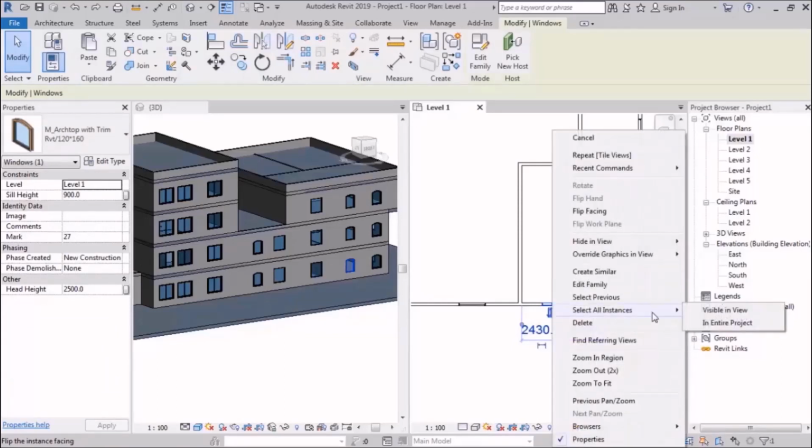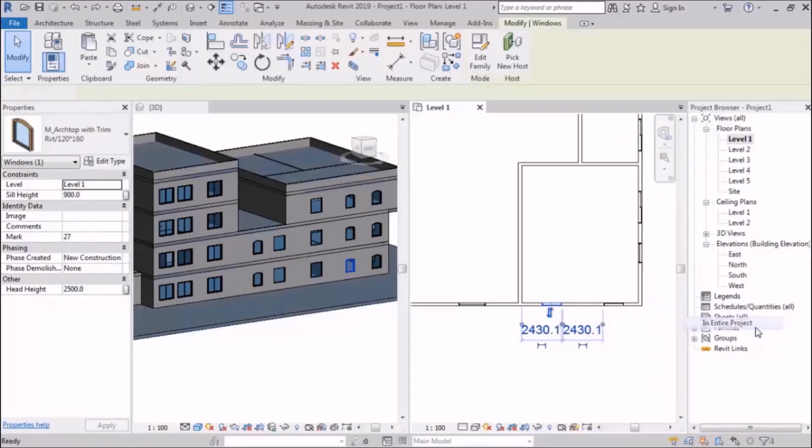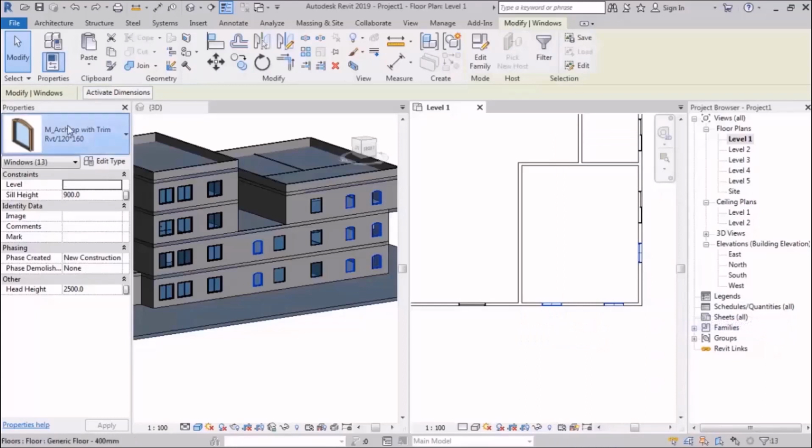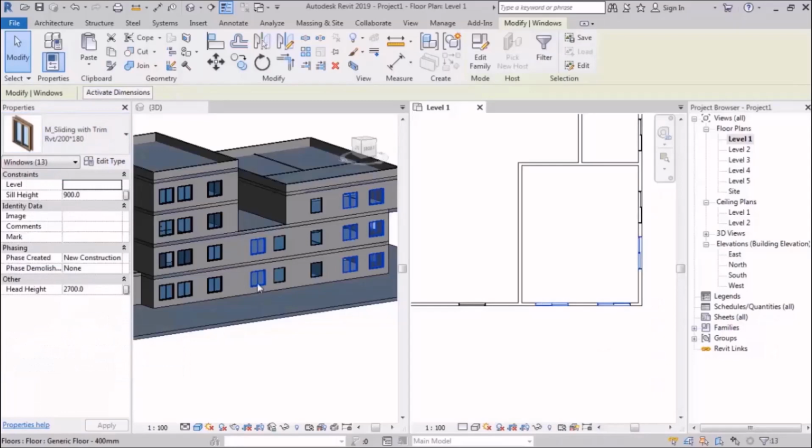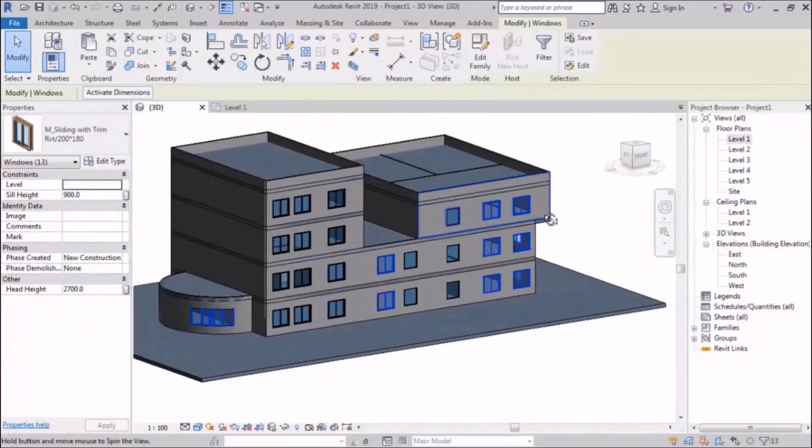So I right click and select all instances and then in entire project. Alright, it selects all of them in the entire project, and then I can open it from here and change the model too. Alright, definitely while you're in 3D,